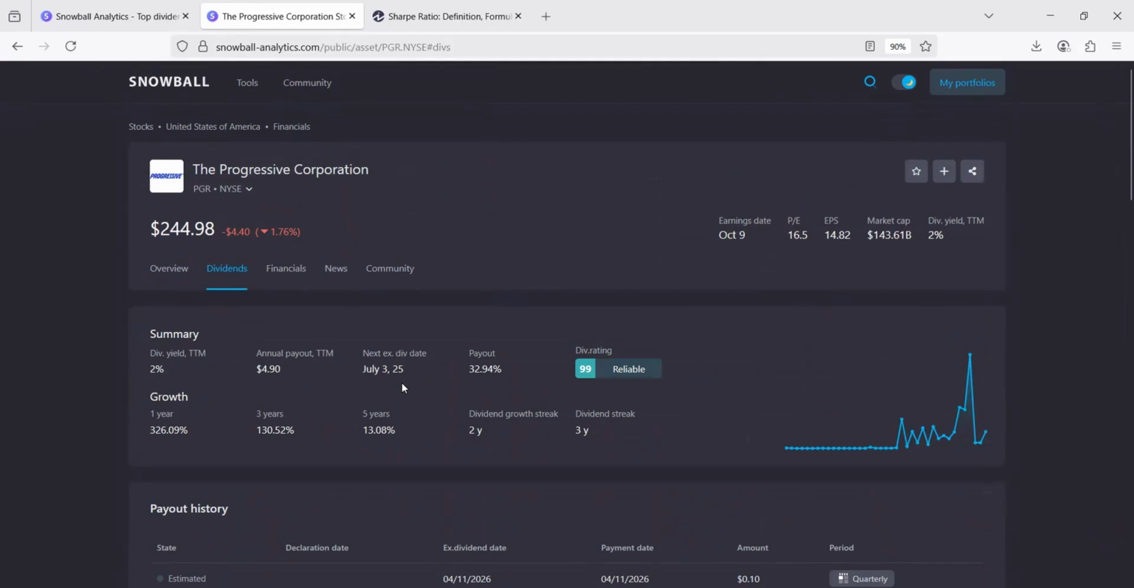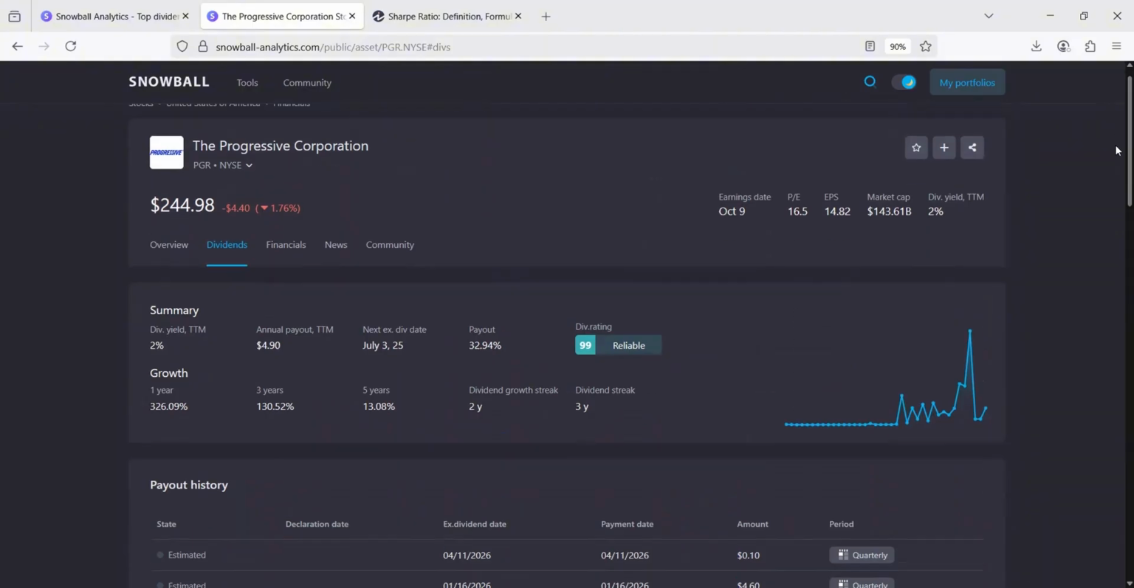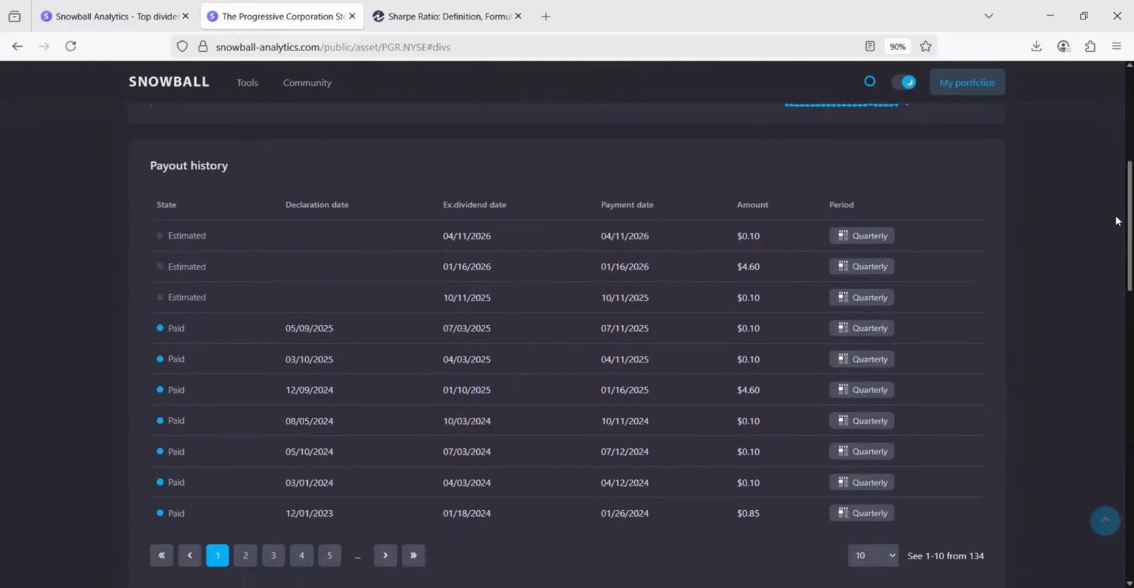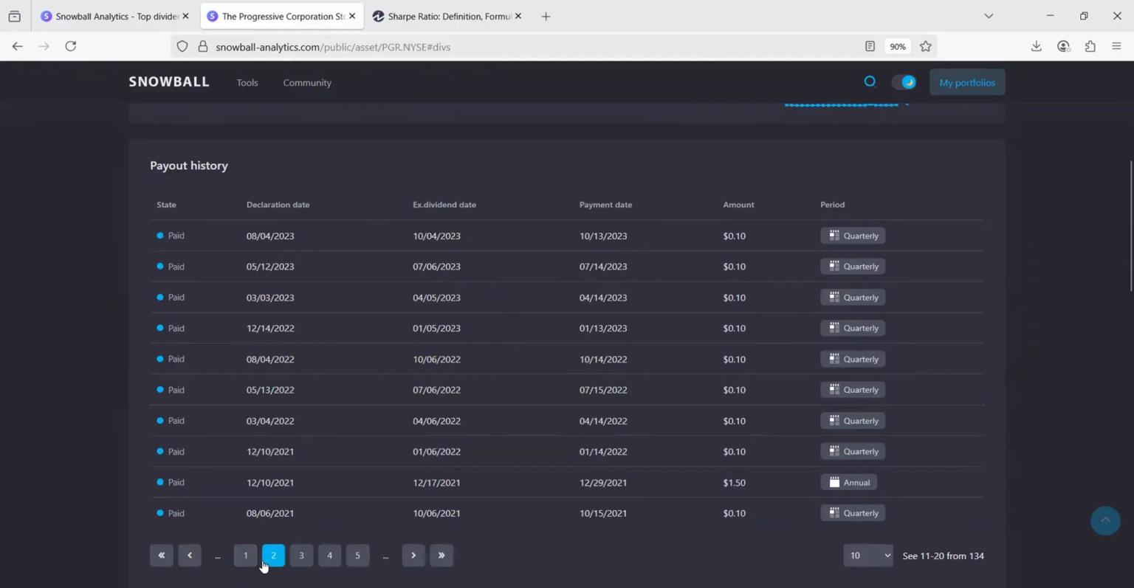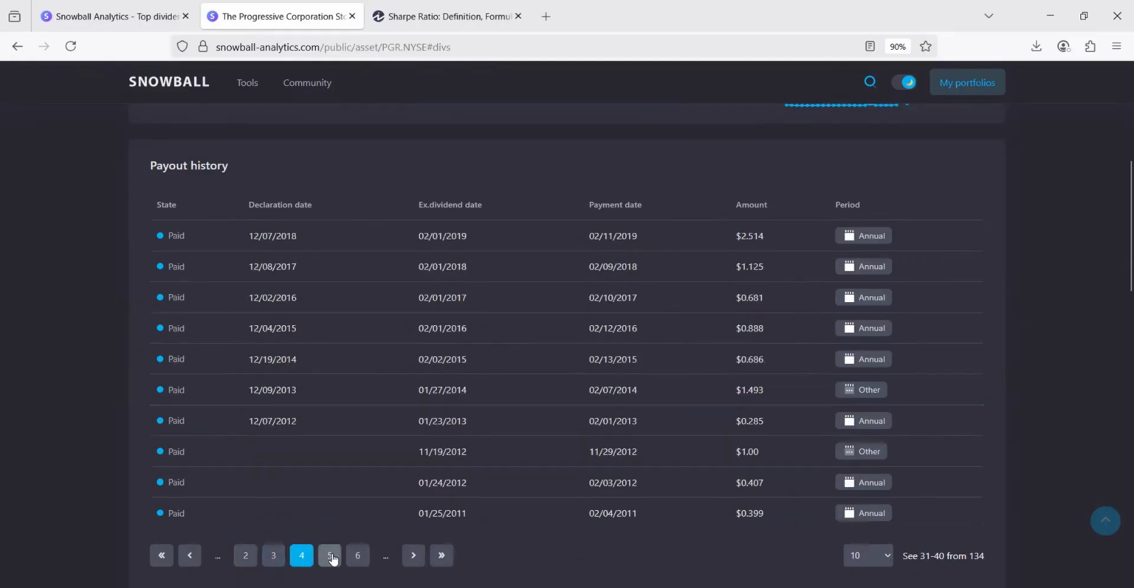The next ex-dividend date is July 3rd. You had to own stock before then. And then, of course, the growth over time, dividend growth streak. And then you can actually go back and see what it has paid out. So going back, I can see that it's at 10 cents for a while, but it does give